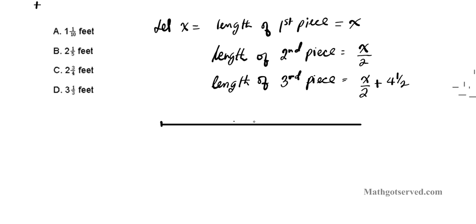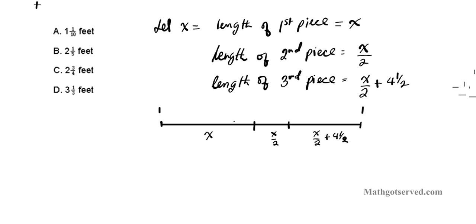So let's say the first piece was x right here, and then the second piece is x over 2, and the third piece is x over 2 plus 4.5. Now, what can I say about this? How can I formulate an equation? Wait a minute, we were told that